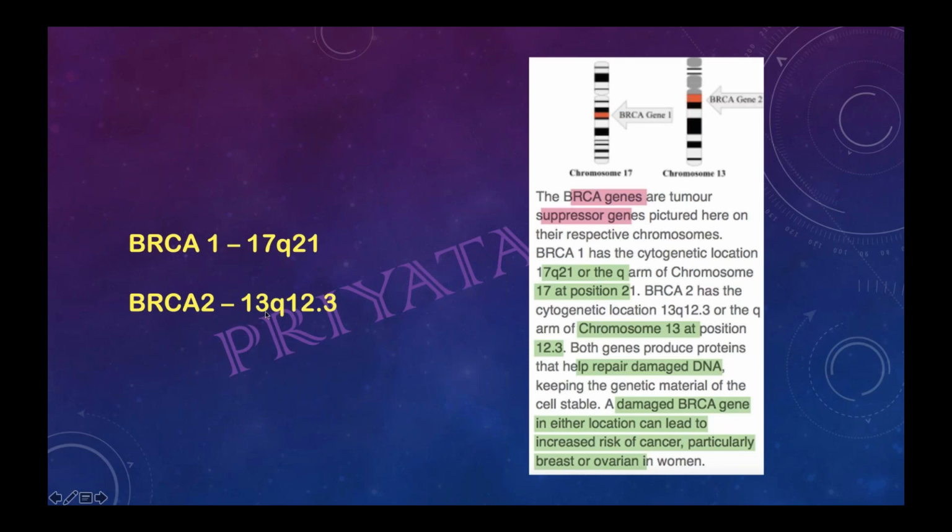Now, a question also comes from this. What is BRCA1 and what is BRCA2? Where are they located? BRCA1 as a gene is present on chromosome 17, on the long arm at position 21. The position is not needed to remember, but 17q is important. BRCA2 is present at 13q, position 12.3. Again, these positions are not required, but the chromosome number you should know, because I have seen questions from there. So BRCA1 is 17q, and BRCA2 the mutation is at 13q. This much would be enough.